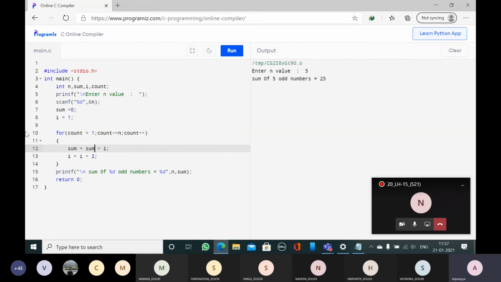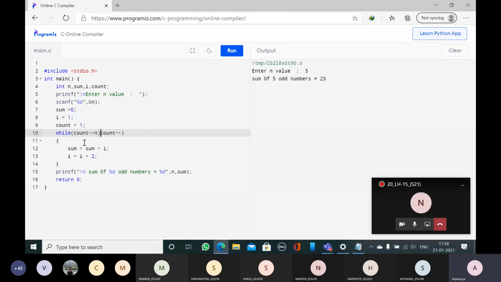Now I will convert this one to while loop. Now this one I have written for loop. I will convert this one to while loop so that you can also try. So what is while loop? In while loop, the condition will be where? It will be above. This is the condition. So here this for loop is changed to while loop.